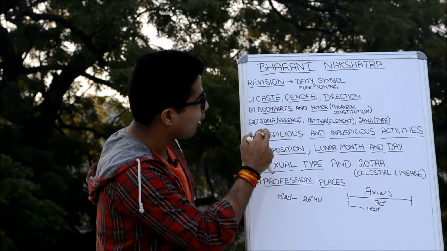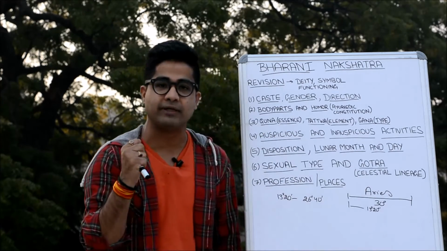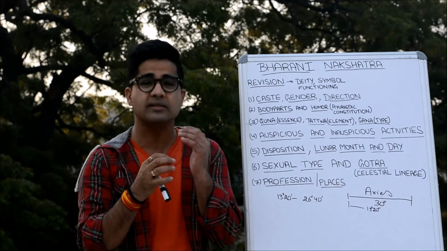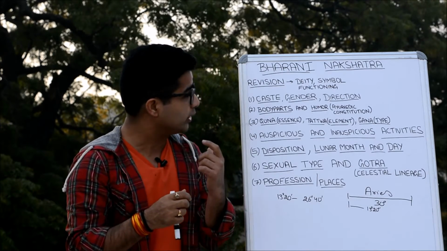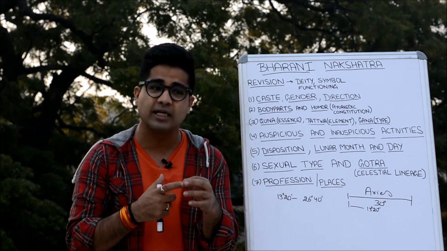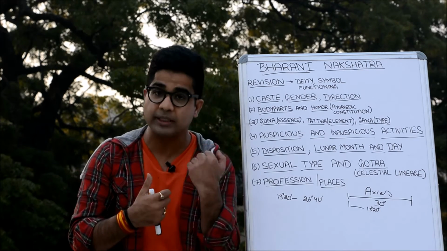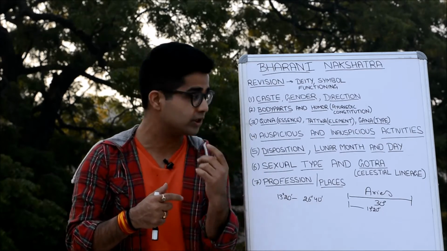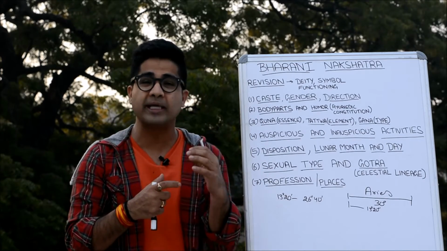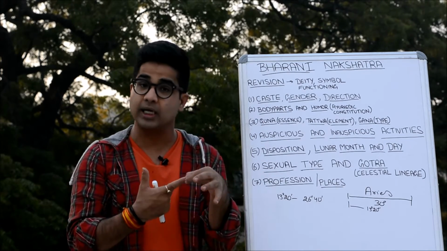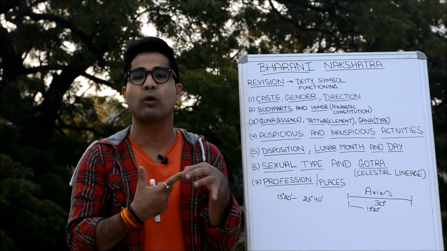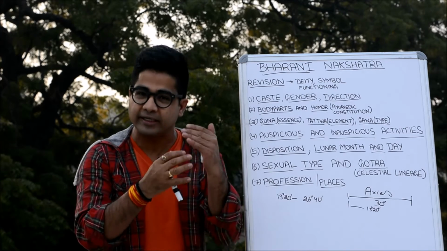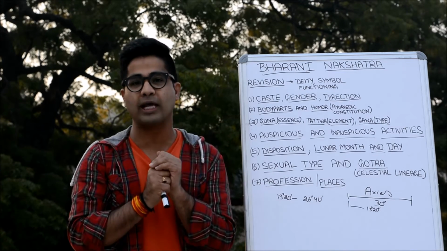When it comes to the auspicious and the inauspicious activities, the auspicious activities, just because this nakshatra is first of all suited for all kinds of activities which require termination. It is not very much suited for the beginning, it is more suited for the termination. It is also suited for all those activities which require a sexual act, very destructive upheavals, where you need to get rid of the impurities of your life,